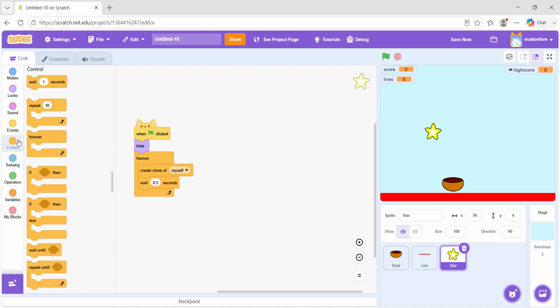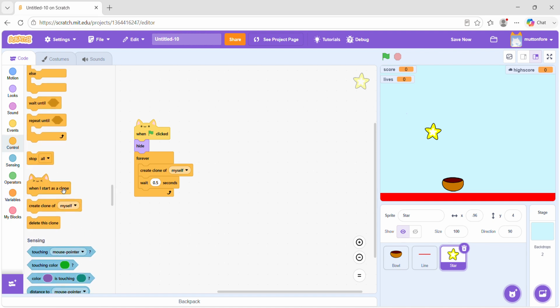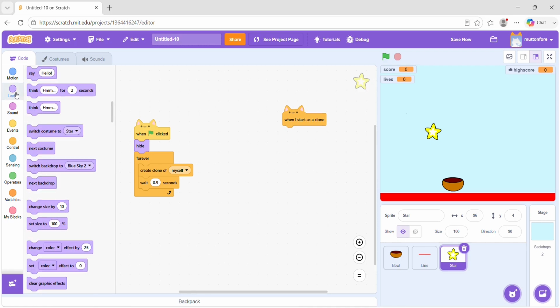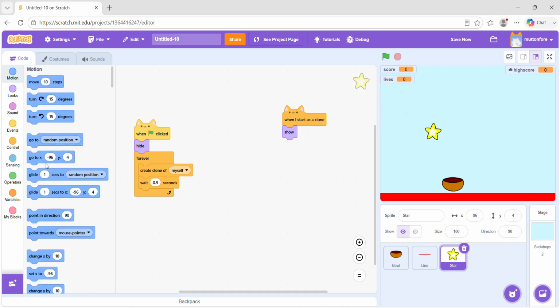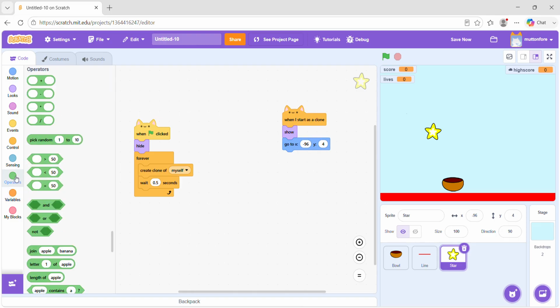And now when it starts as a clone, it's going to show and it's going to go to X and Y, pick random from